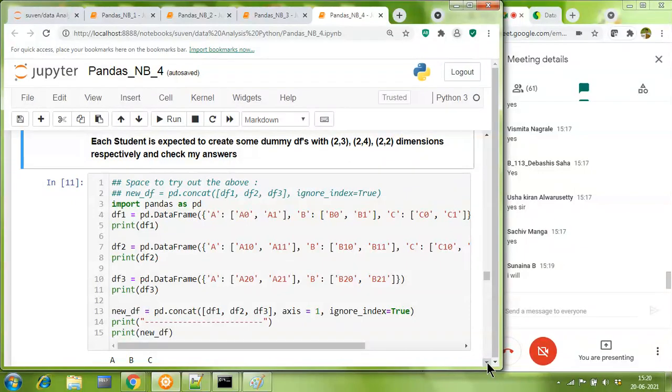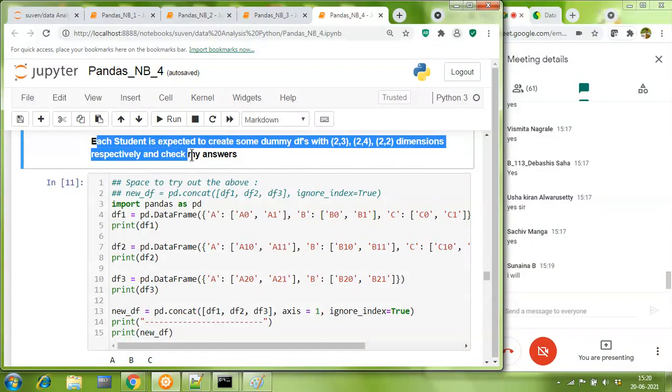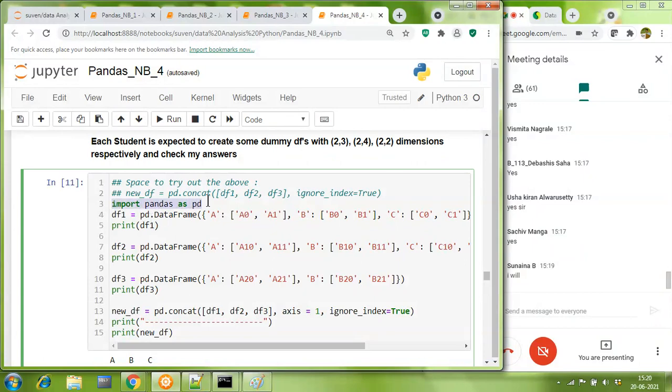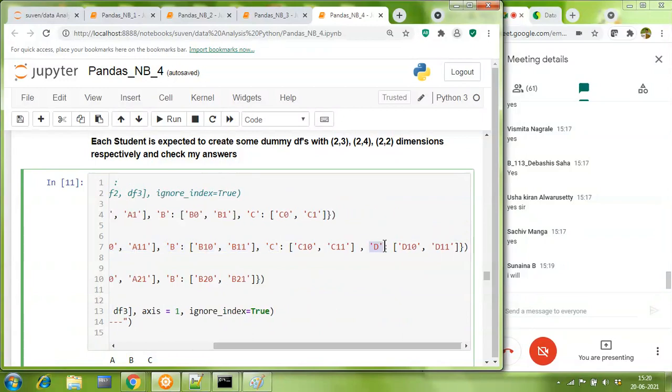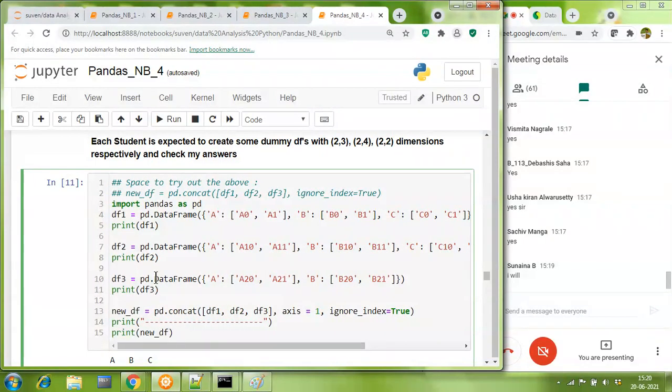Okay. Now let me check this code in front of you. Be online with me. Have a look at this. Each student is expected to do this. This is something which I have written so clearly, it means it is part of your work. So I need not tell you about it. Okay, so import pandas as pd. I have got a data frame in which I've got values for A, values for B, something for C. Another data frame df2, same column names A, B, and C. Internal values are different, that's okay. And there is one more column D also here. And there's a third data frame also. So I'm concatenating all these three data frames.